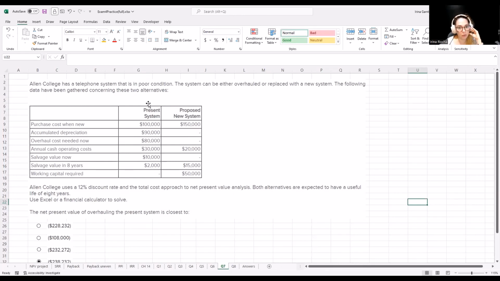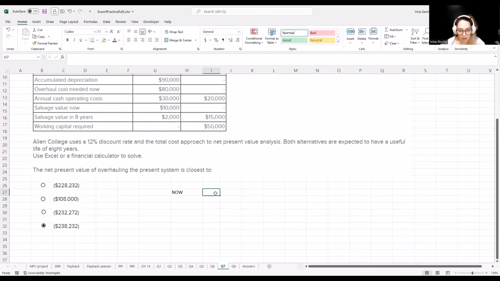Total cost approach, so they considered everything. Both alternatives are expected to have a useful life of 8 years. So it doesn't matter if I just fix my present system or if I buy a new one, it's going to have an 8-year useful life. The net present value of overhauling, so they just are interested in the first one, the system is closest to,